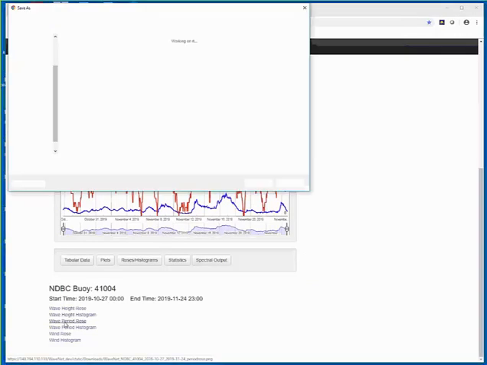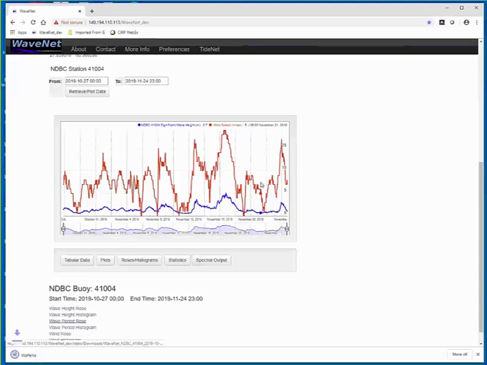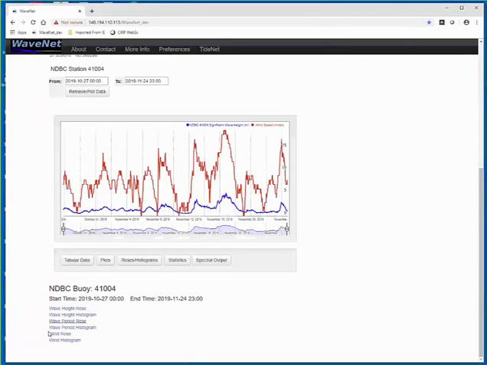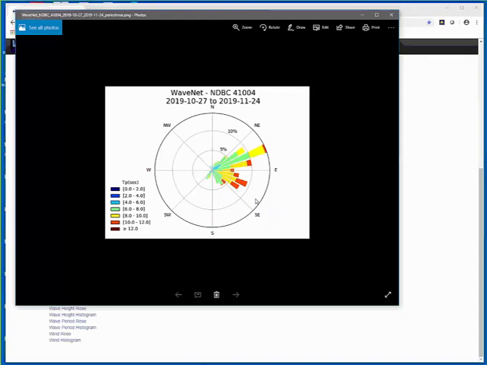If you're using IE, some of these processes will be different, and it's based on the basic function of the browser. So you may not have to double click. You can click the file, and it still automatically opens, for instance, Firefox and that kind of thing, which I use. Okay. And again, you see basically that this tells what buoy the information is coming from, and the start and end time is listed on this. You can take this, save this, and put it in your reports or documents, whatever you need to.